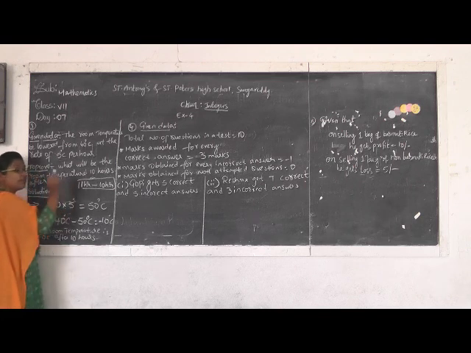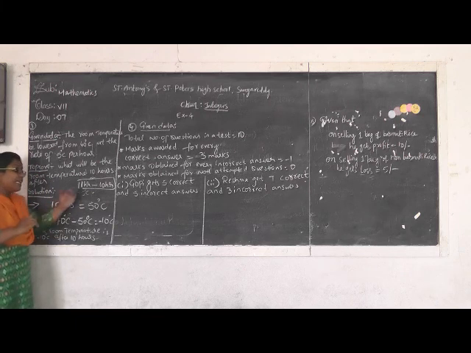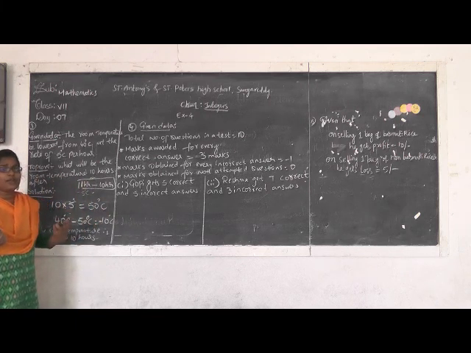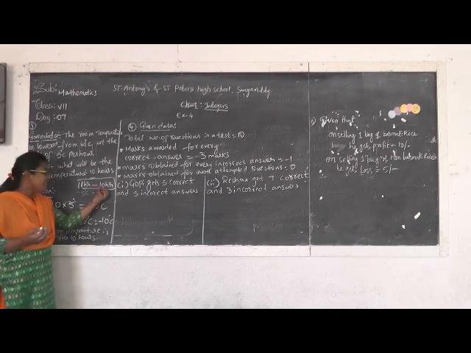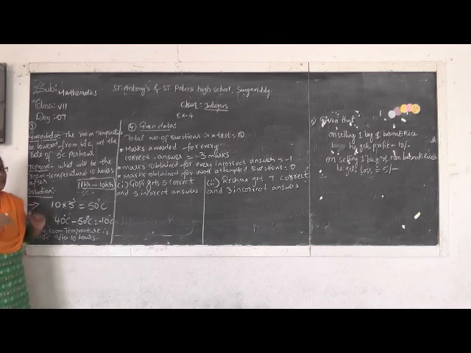Per 1 hour the temperature is reducing 5 degrees Celsius. For 10 hours, how many degrees Celsius will the temperature be reduced? So what do we have to do? We have to multiply, 10 into 5. No need to get confused about why we only do multiplication and why we can't do division. That depends upon the question.